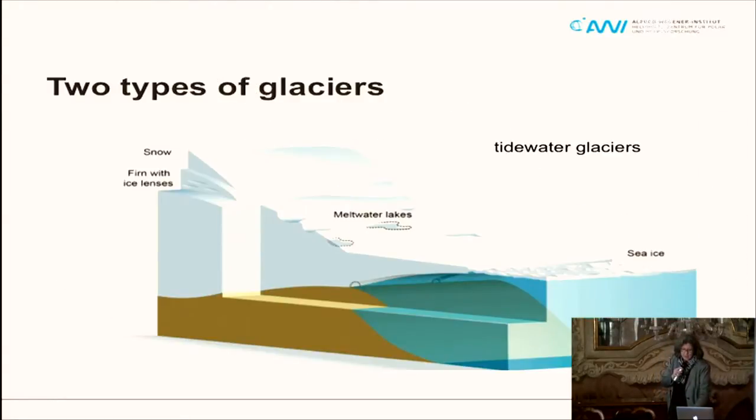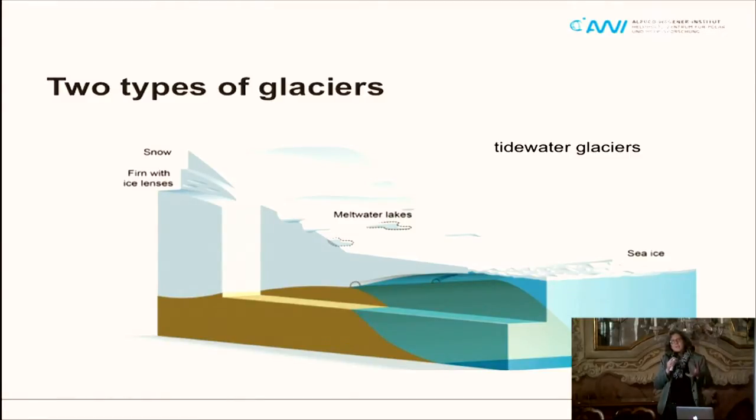So Greenland consists of two different types of glaciers. You either have a glacier that has a kind of floating tongue when it meets the ocean. So the ice starts to get afloat wherever it meets the ocean, and that's what we call a grounding line. And what you see here is a tidewater glacier with a floating tongue. And this floating tongue is moving up and down with the tides once or twice a day.